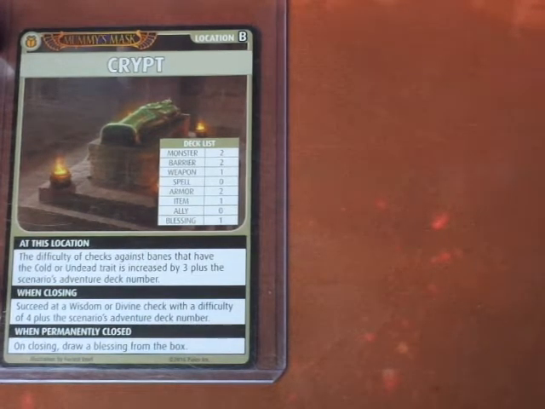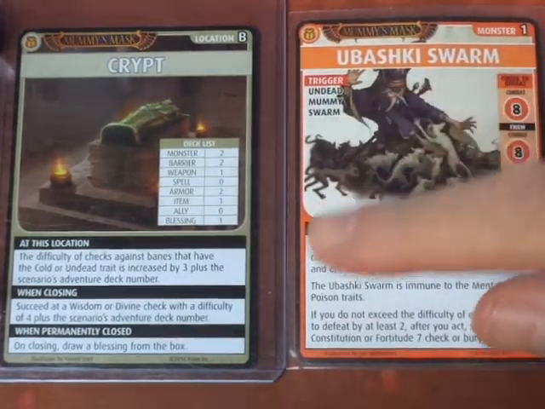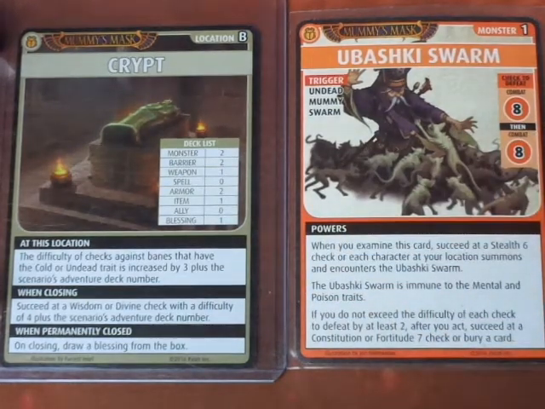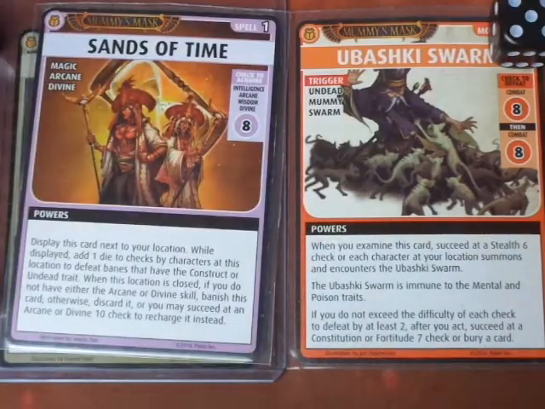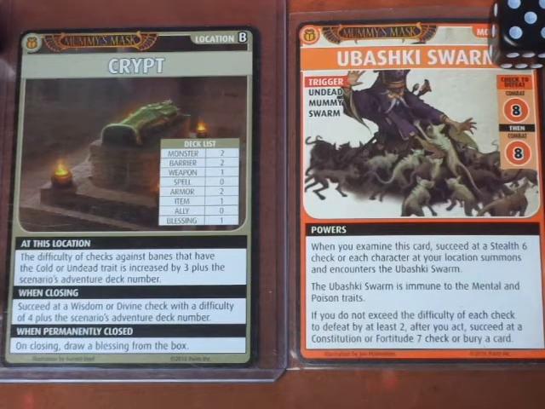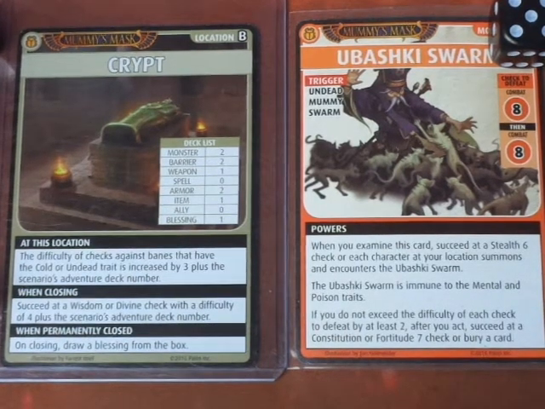It's a Blessing of Wadjet, and we get the Ubashti Swarm. It's undead, so wow, it's going to be a +5 on all these checks. Whew. Well, fortunately, Drelm has that Sands of Time spell. That's going to be a real lifesaver. So, we did not examine this card. It's immune to mental and poison traits. So what we're going to do,